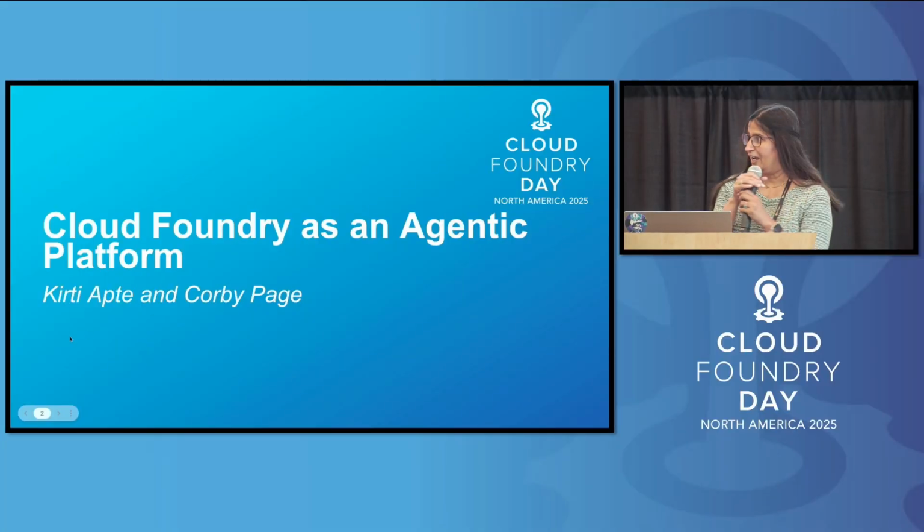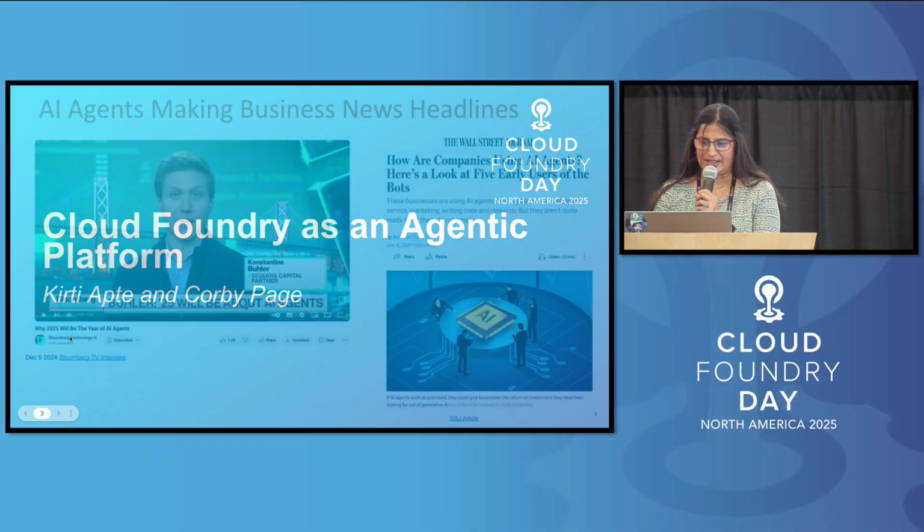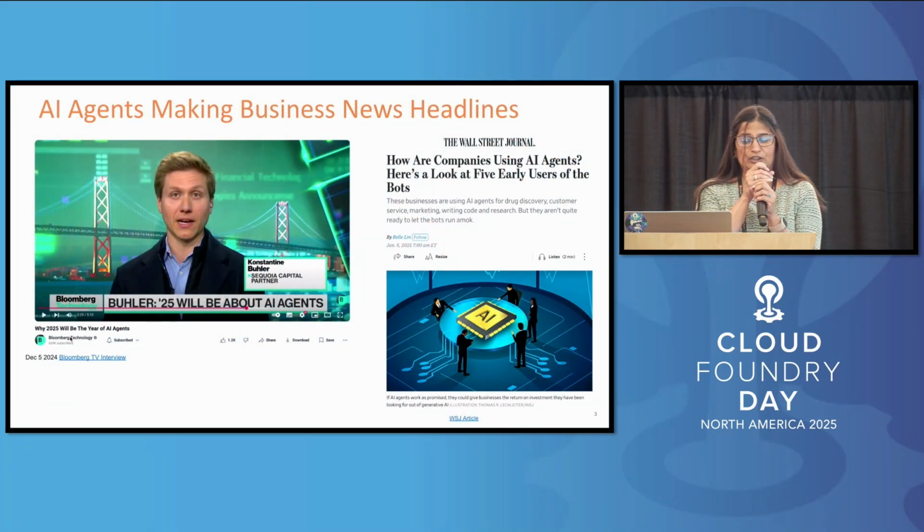And that's where there are lots of patterns that we saw in the application space, starting from monolith to distributed applications to microservices based applications.